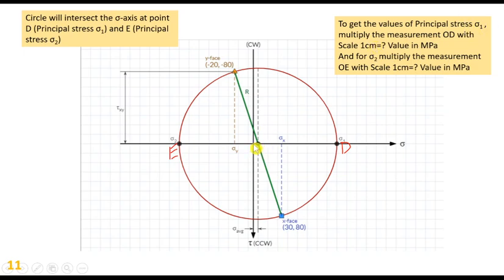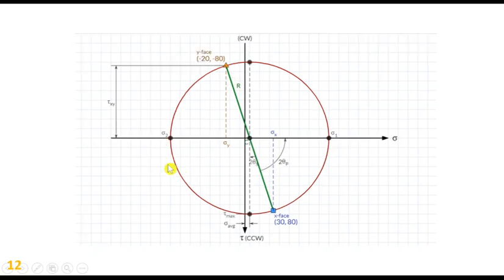Similarly, from this center to this point E, OE, we will measure the value with a ruler, and then we will multiply this with the scale along the sigma axis. That will give us the value of sigma 2. This is the graphical way to find principal stresses. After that,